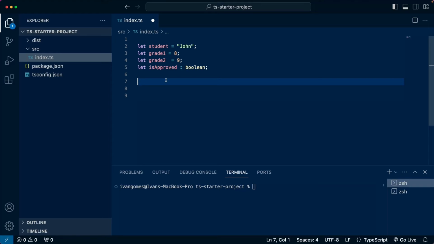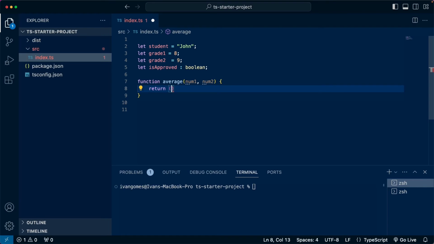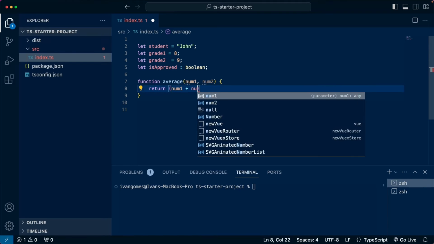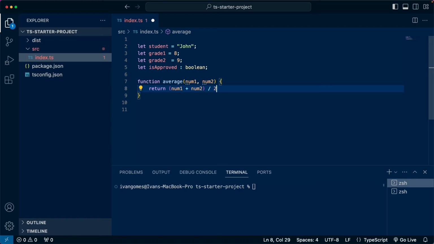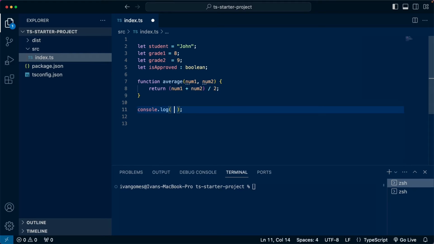So let's add an example here. I'm going to create a function called average. This is going to receive num1 and num2, and then we are going to return the average, which is going to be the sum of num1 plus num2 divided by 2. Now we are going to do a console.log, and we are going to run this function called average, and we are going to pass grade1 and grade2, so we know what is the final grade